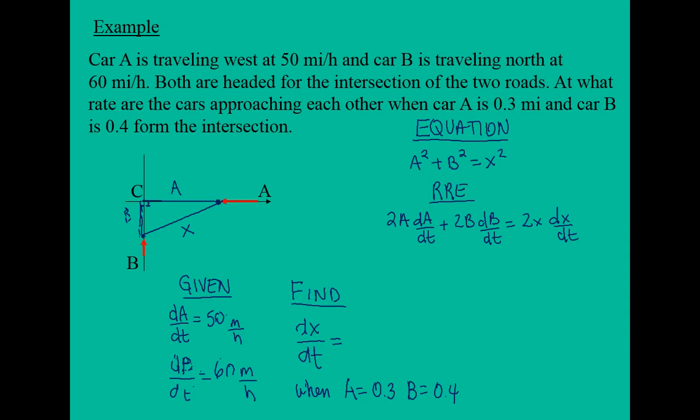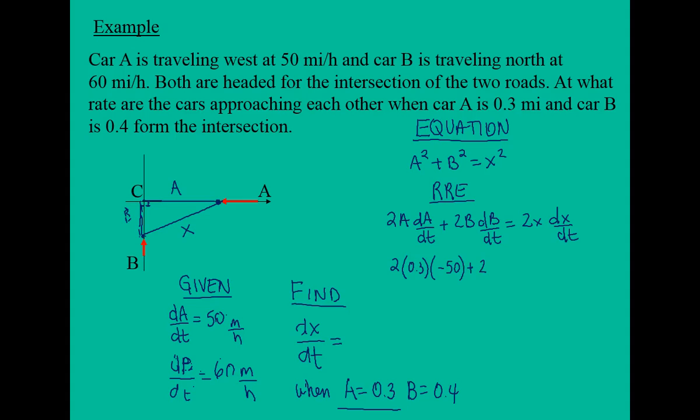And now let's plug in the known information. So at this instant, we're looking for dx/dt. We know A equals 0.3 miles, so we can plug that in. And dA/dt is 50 miles per hour. Now, looking at this diagram, it appears that the distance between the intersection and the car is decreasing. So I'm going to say our velocity is negative. If it was heading the opposite direction, away from the intersection, I would say A is increasing, our velocity is positive. So I'm going to say negative 50